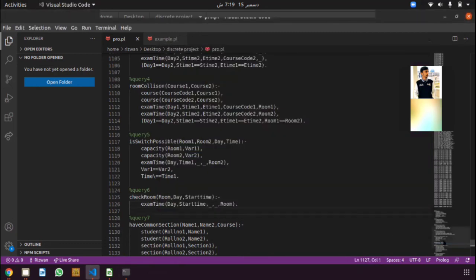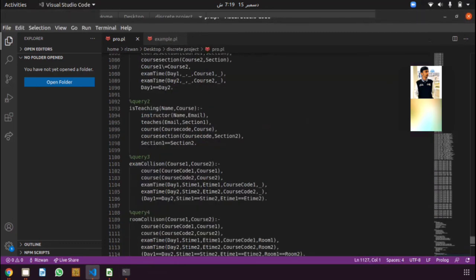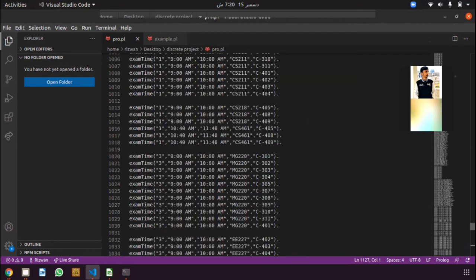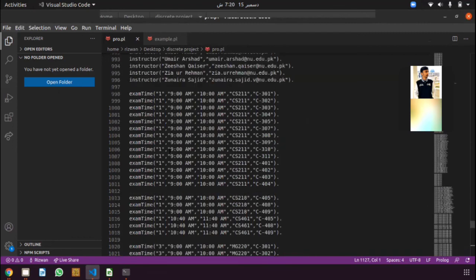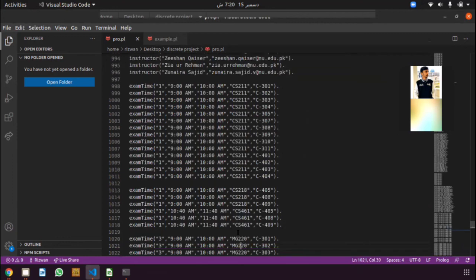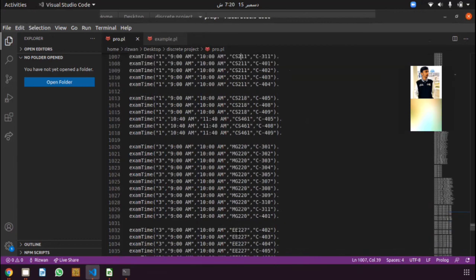And we can also check whether there is any exam going on.